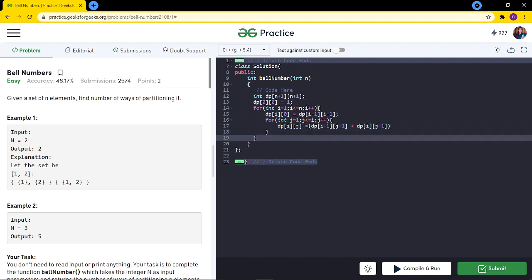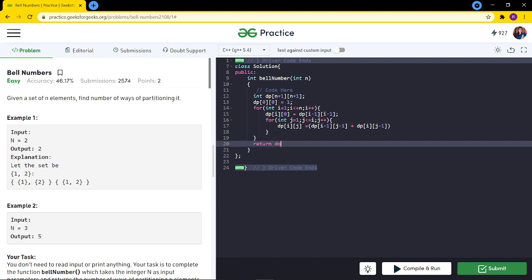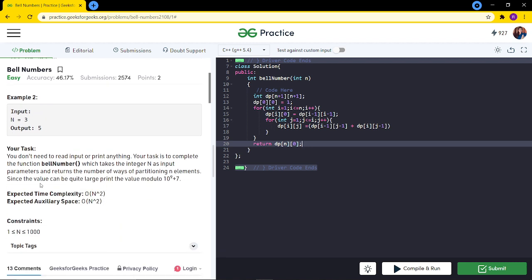And we can simply return our answer. The answer is the nth row's 0 column. But here it is given to us that the value can be quite large, so print the modulo. So while storing the values, I have to take this modulo also, in case values are large, so we can store them.